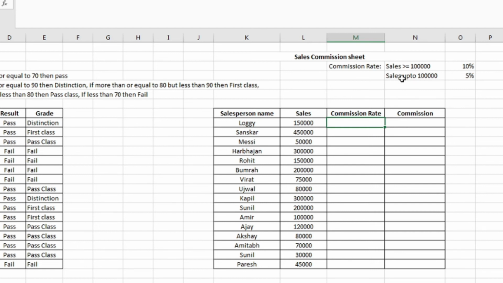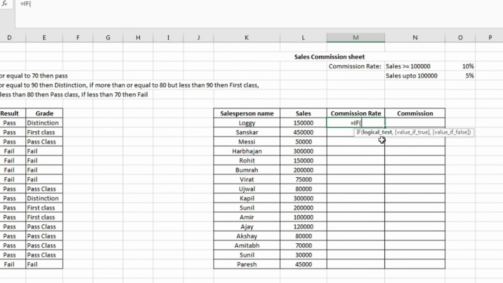If the sales is up to 1 lakh, that means less than 1 lakh, give him only 5% commission rate, because the commission rate depends upon the sales. The more sales you do, the higher commission rate you will get. So I'll put equal to IF, because this depends upon the conditions. That is the reason we are going to use the IF condition.